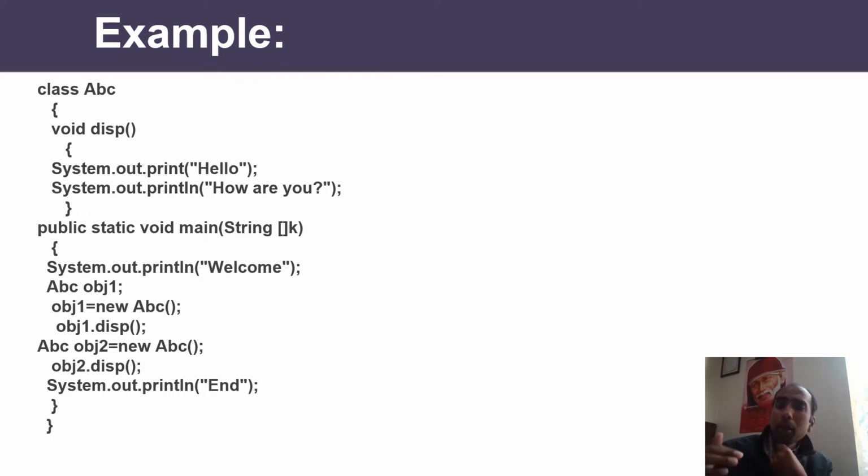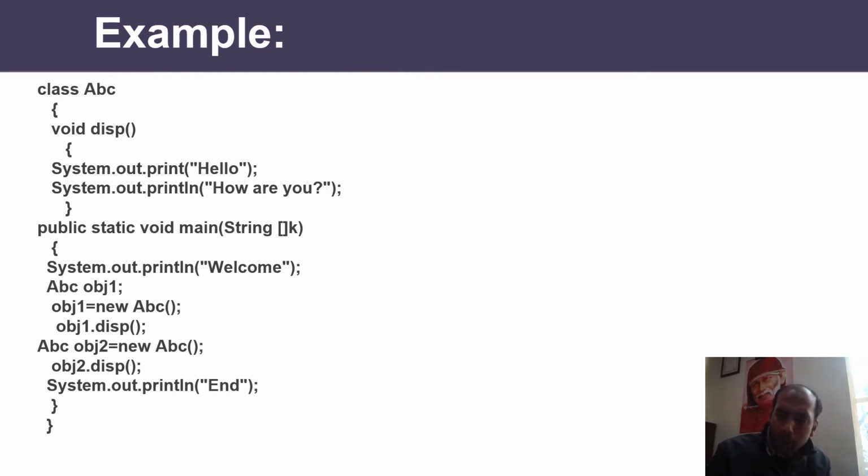Let's suppose in your program there are 4 classes and you want to call the class 1 method. You need to create the object of class 1 in any class. Now, one more question must be in your mind: in C++ by default the methods are private. What is it in Java? So in Java there is no concept of by default members being private. Here the by default members are default. We'll discuss all the access specifiers in detail, but right now you do not need to worry, that is not private.